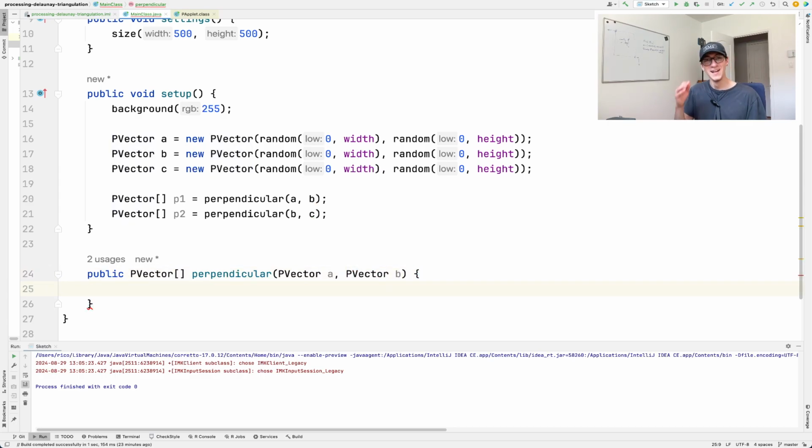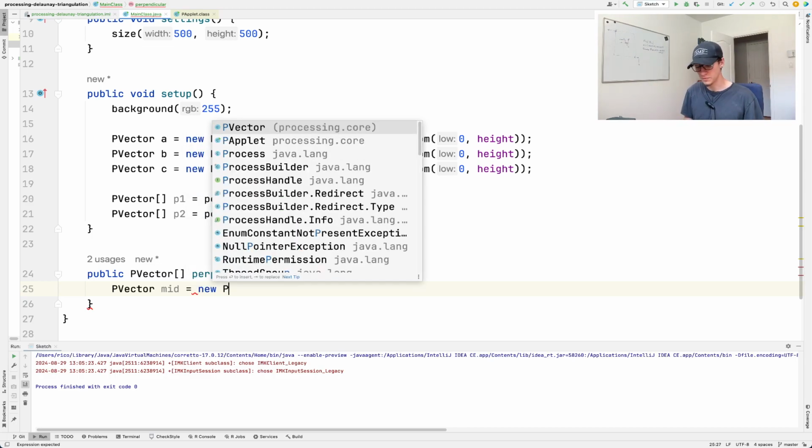All right, so we said first thing first, we need to figure out the midpoint of those 2 lines. So let's just get the midpoint. So let me do p vector. Let's call it mid. Same thing as O there, and from origin doesn't make sense. I'll just call it P for perpendicular. Anyway, it doesn't matter. So it's going to be a new P vector,